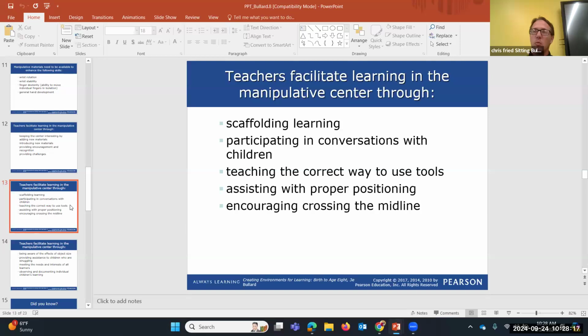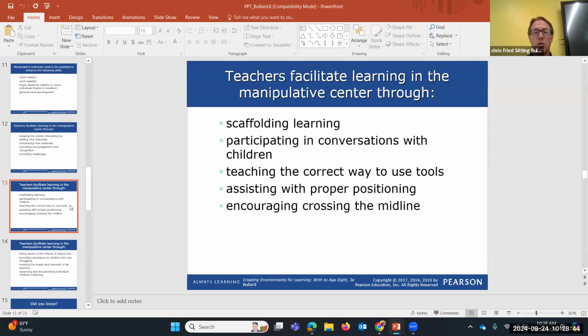Again, we can't just sit back and let things happen and not pay attention. We have to help kids. We have to engage when needed. Scaffold learning, okay, so that's another part, right? We all know about scaffolding learning in terms of when we're teaching maybe an academic subject in a classroom, that we have to start with addition before we go to subtraction, before we go to division and multiplying, and children have to understand that.